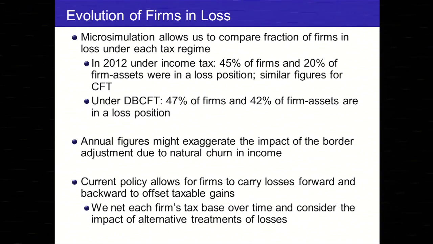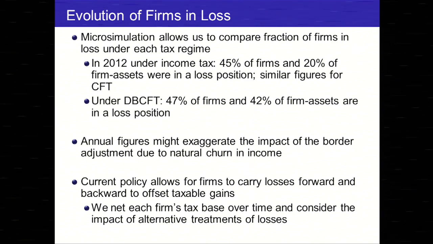And then, like I said, because the base of the cash flow is not so different from the income tax, you get very similar numbers when you compare the two. However, when you move to the destination-based cash flow tax, while the number of firms has not changed very much, as in percent of firms in loss, 42% of firm assets are now in a loss position. So that's quite a big expansion relative to the income tax base,